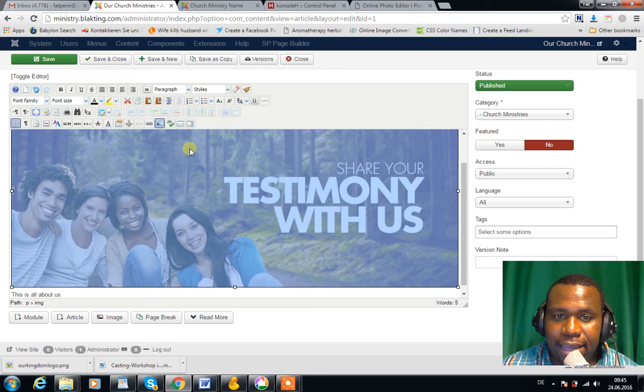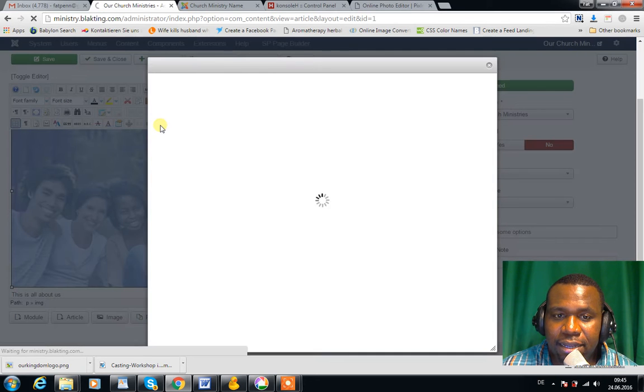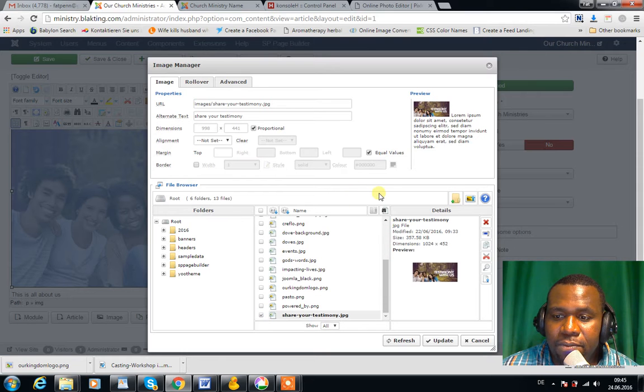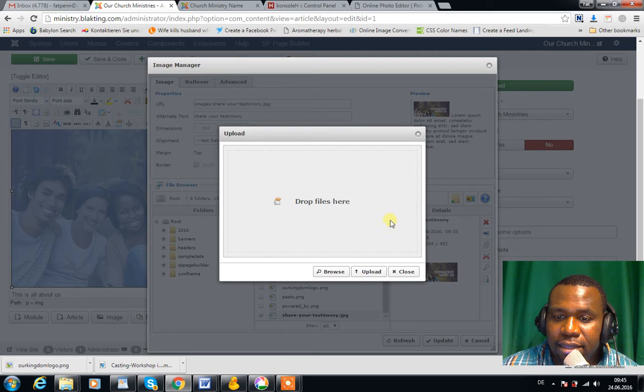Okay, good. So now the next thing you do is you click on the picture, make sure it's highlighted, and the next thing you do, you want to change this picture. You'll see this little icon here. It says insert/edit image. Click on that icon there. Okay, and now I want to upload the picture I'd like to change it to. So I'm going to go here on this icon. It says upload. Click on this icon, click on browse,